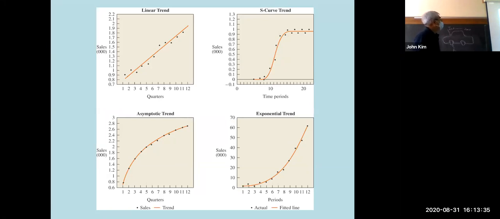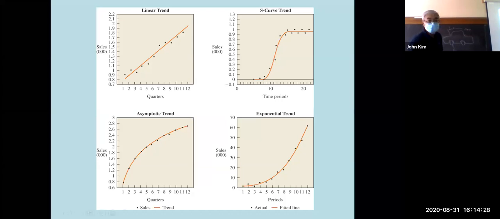And then types of trend: linear trend, curved linear trend, asymptotic trend, exponential trend. The first one, linear trend. If we find the trend and it looks like a straight line, that is linear trend. If we find a trend but it's not a straight line, instead a curve, we can call that non-linear or curve linear. This case looks like,